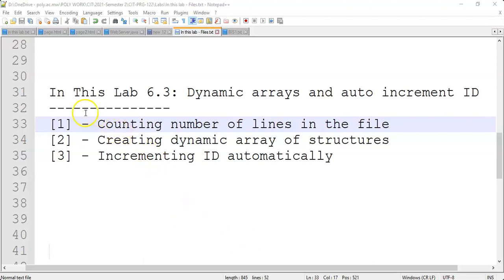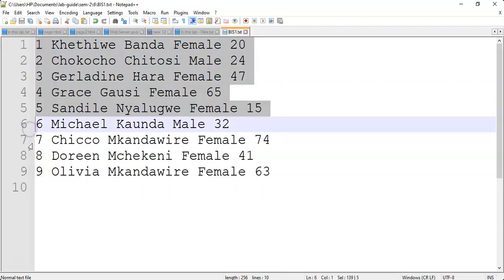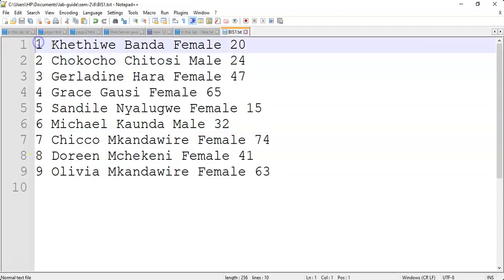Now let's look at how we can increment an ID automatically. So I have changed my data set a little bit, my records here. I've added another column, which is a column of an identifier, which is our primary key. So this column is starting from ID 1 going all the way up to 9, and we are making an